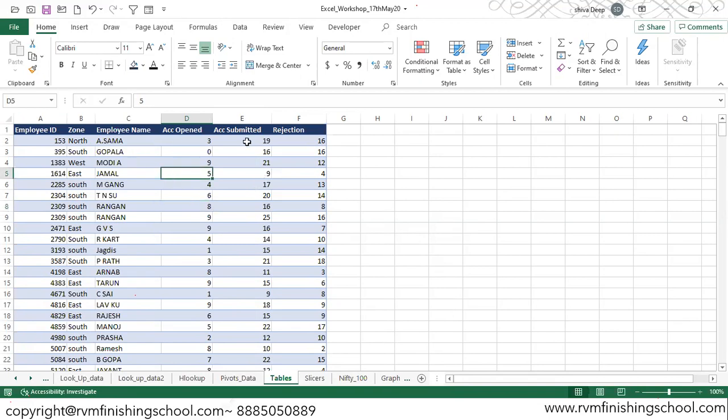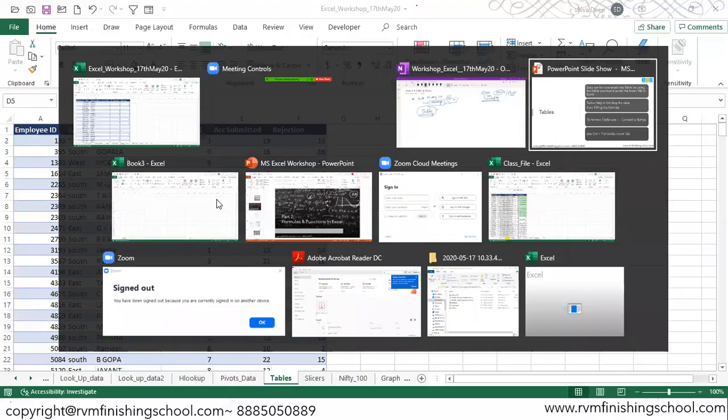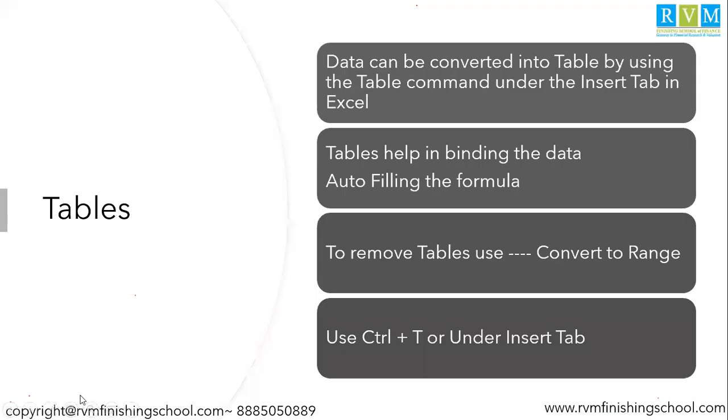So you can work on data tables like this, applying formulas and auto expansion, which we will see again in pivot data once we start working on it. So that is the role of the table. It helps you in building data and auto filling the formulas. You can move tables, you can convert to ranges, and you can use Control T or from the